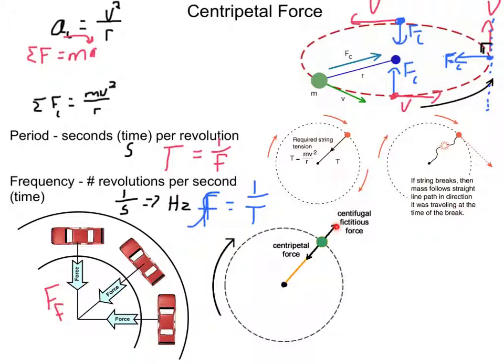Instead, you're trying to follow Newton's first law. An object in motion wants to remain in motion in a straight line. Your body is trying to go straight, and the car is actually turning out from underneath you. So you're still going straight, and the car is turning out from underneath you, meaning that if